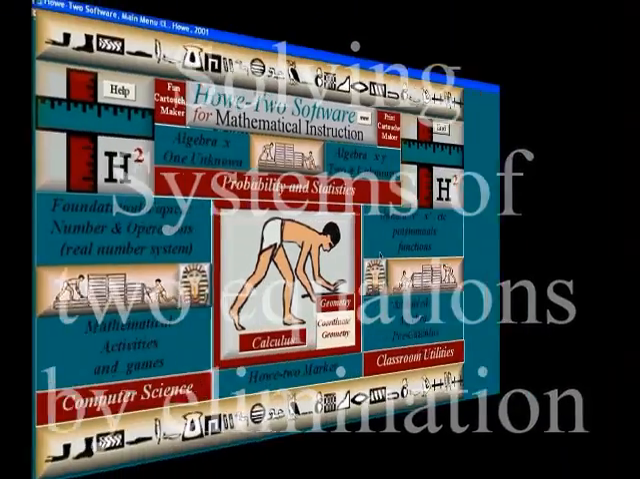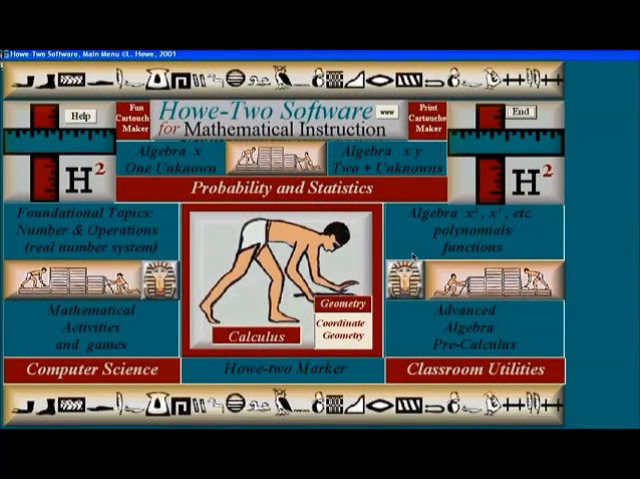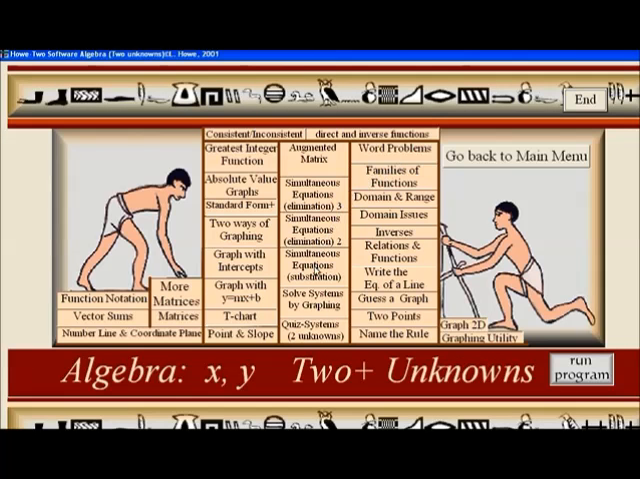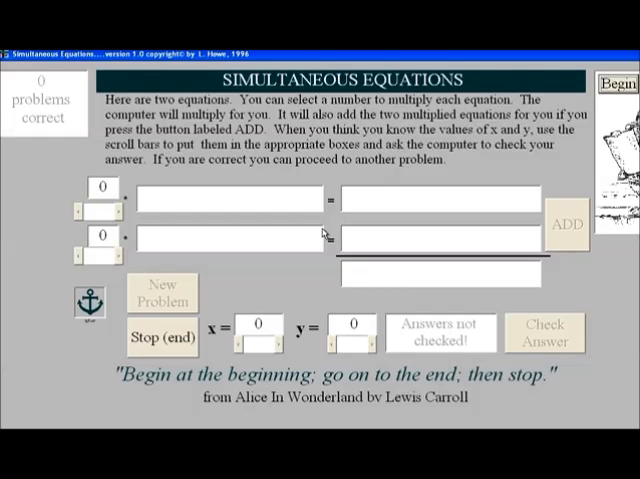Hope you've already looked at solving two unknowns by substitution, because now we're going to look at the program that will help you learn another method, which is called elimination. So let's go to Algebra 2 Unknowns, and just above substitution is elimination with two unknowns. This is actually the first program I ever wrote for algebra, and I think it can help you a lot